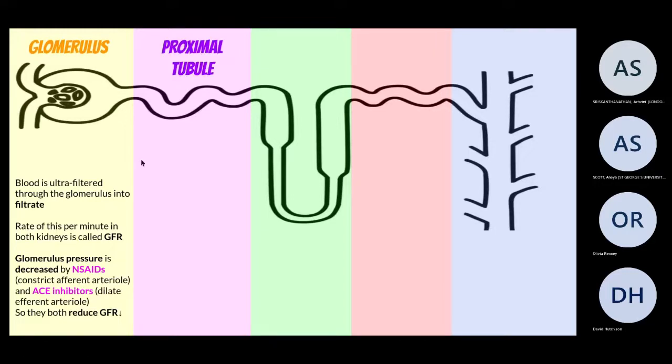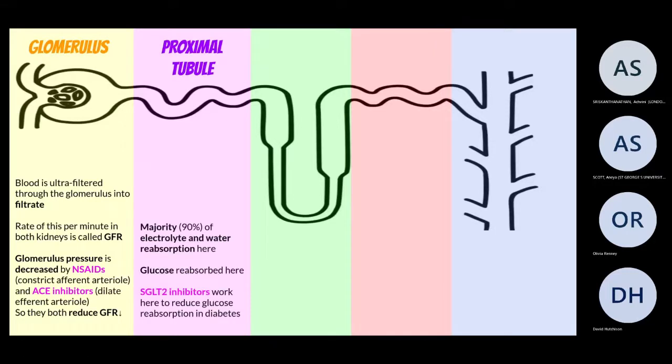Okay, so next, moving on to the proximal tubule. Like I said, most of your electrolyte and reabsorption happens here. 90% of what comes into the tubule goes straight back out again in the proximal convoluted tubule, because we need most of it. And importantly, your glucose is reabsorbed here, and as Jono has talked about, or will talk about, depending on what order this is put in,